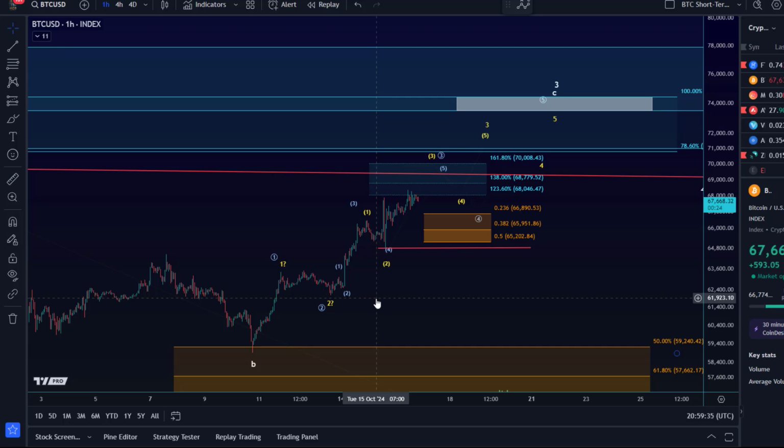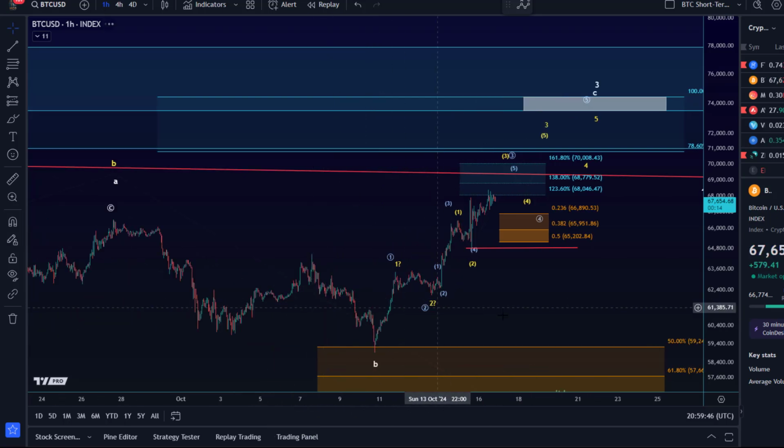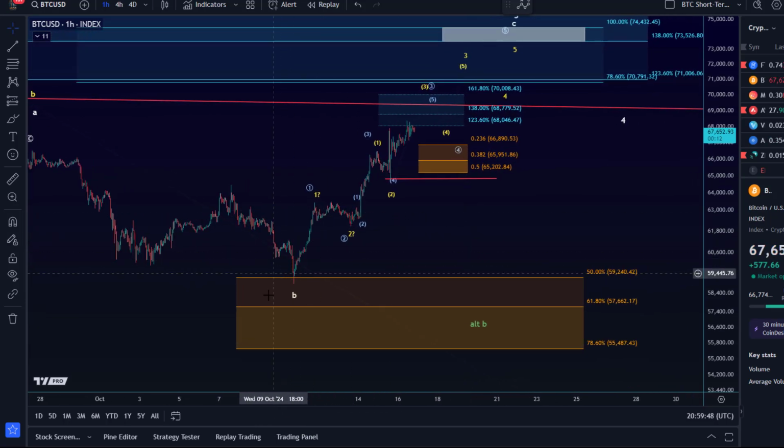That being said, we haven't had a break of support in a while on the Bitcoin chart. Rather, pullbacks have been quite shallow for the last 1 to 2 weeks. The last really good setup was here, this support region, when the price hit the 50% retracement, located at roughly 59,000, and then started to take off. And we are printing higher highs and higher lows.